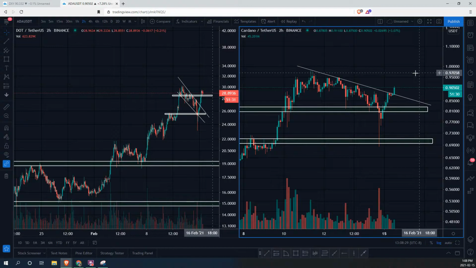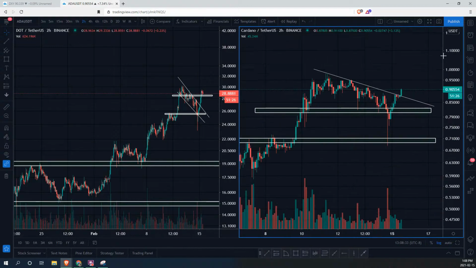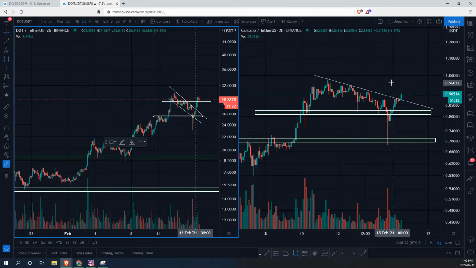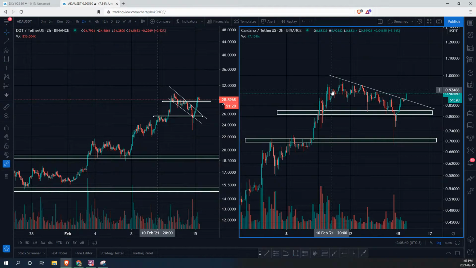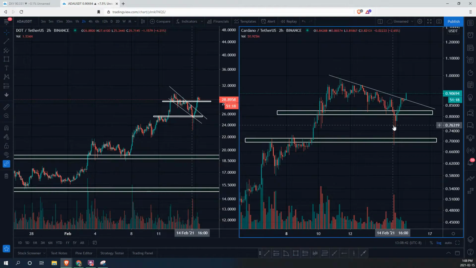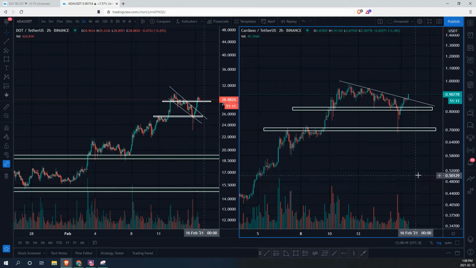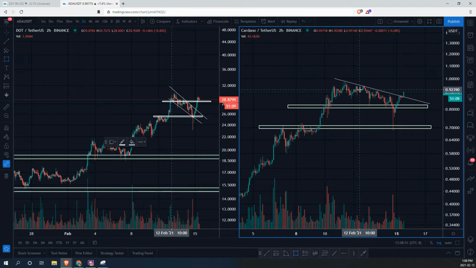On the 2-hour chart, we see a nice descending zone. We do see a very strong break. So if any alt is looking a little bit more bullish, I would say it would probably be Cardano, just because of the contraction we're seeing. We see lots of wicks to the downside, meaning buy pressure is coming in. We don't see that high R vol for the buyers just yet, so I'd be hesitant right now, but then